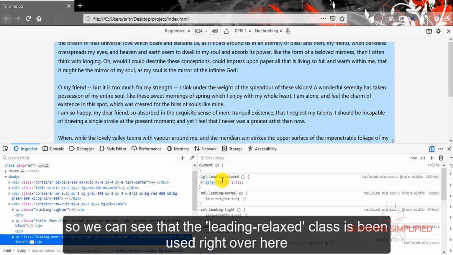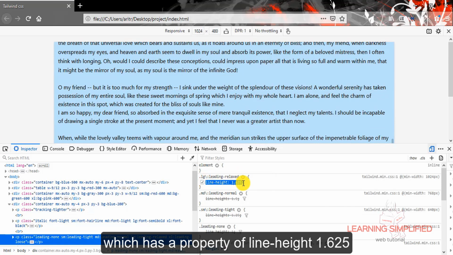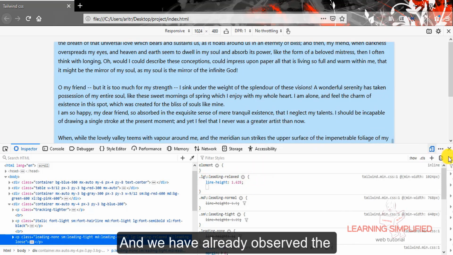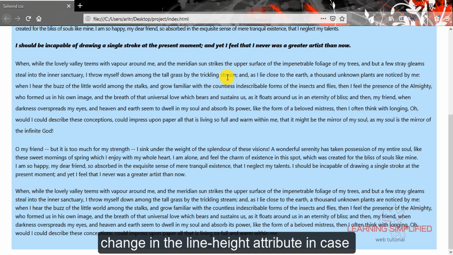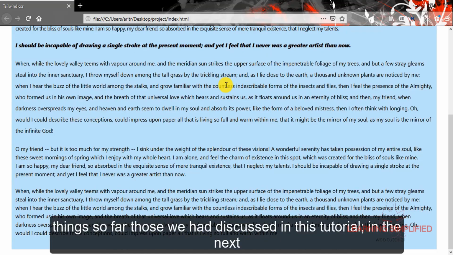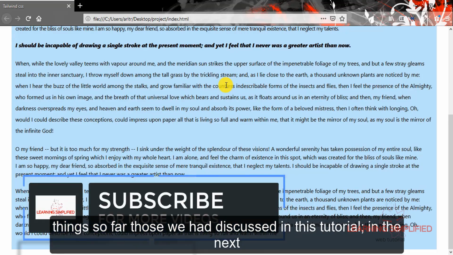So we can see that the leading relaxed class is being used right over here, which has a property of line height 1.625. And we have already observed the change in the line height attribute in case of our desktop preview. So these are the things so far that we may discuss in this project.